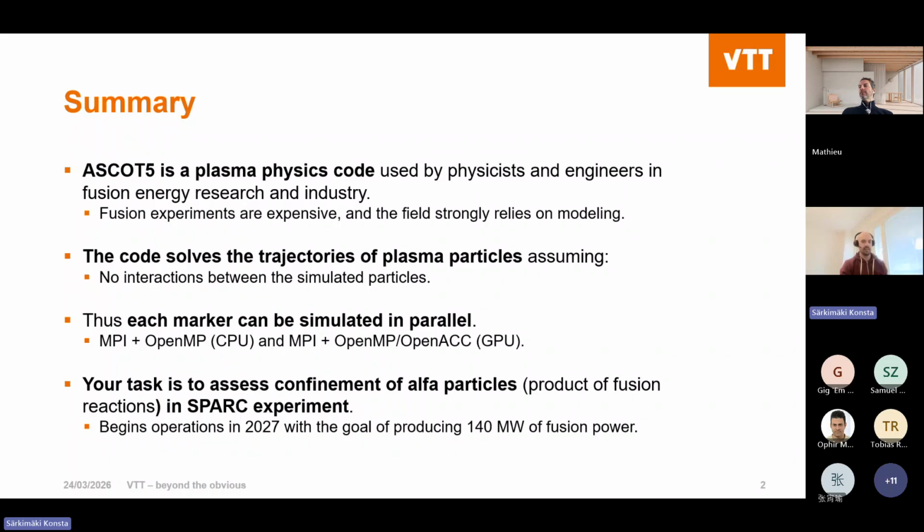Your task is practical and interesting, at least from my point of view, because you will be simulating a real tokamak, a real fusion reactor or experiment, that will begin operating next year and has the goal of producing 140 megawatts of fusion power. I will cover each of these topics in detail now, but I will begin with the